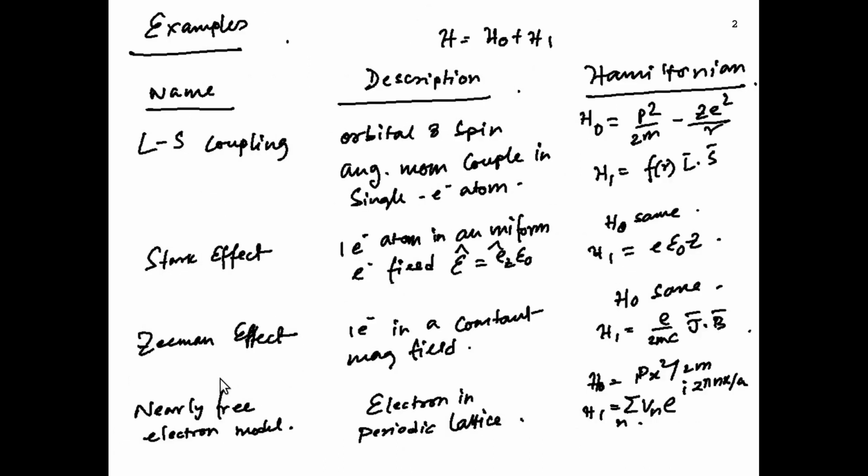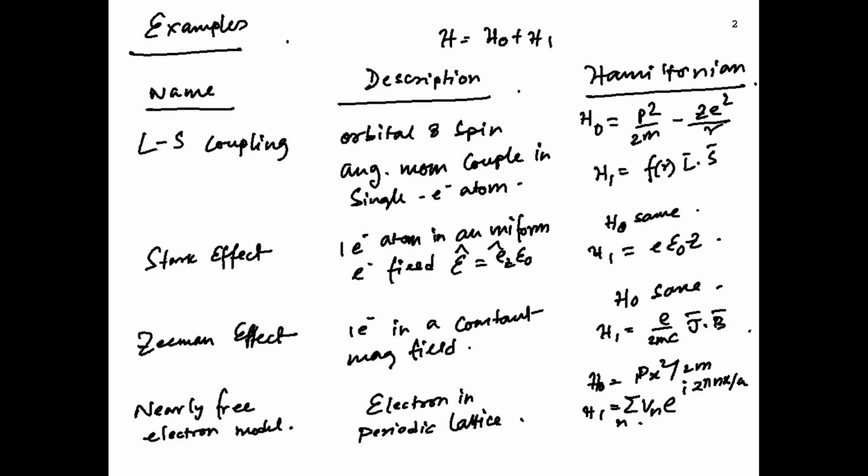And then the third class of problem, which we will do in a separate video after this, is the problem with central potential. This class is very important. They are the prime class over the last century. Perturbation theory is extremely successful in describing a class of problems which are basically spectroscopic problems or atomic and molecular physics problems, and this is the triumph of perturbation theory. So what do you have here? You have the H naught, which is, let's say, the simplest possible problem, a single electron atom like the hydrogen atom.